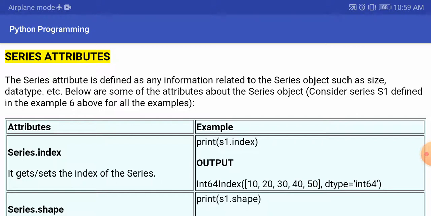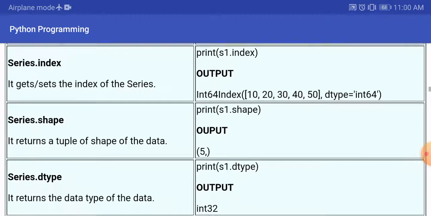Okay, so here we have the attribute series.index. Obviously this index is going to give you the index of that series. The example is also given, test1.index, so you can have the indexes like this. Then series.shape is there. It returns the tuple of the shape of the data. That means how many data elements are there in that particular